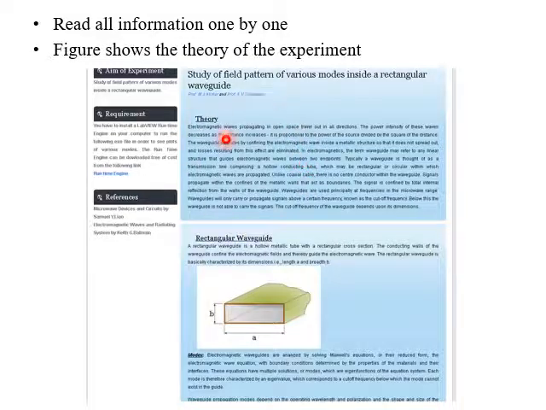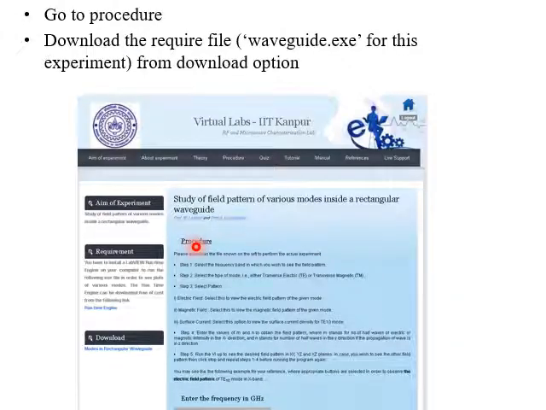So this is an example. If you click the theory, it will appear. Now if you go to the procedure, here we have the procedure. So if you go to the procedure, you will get this page.